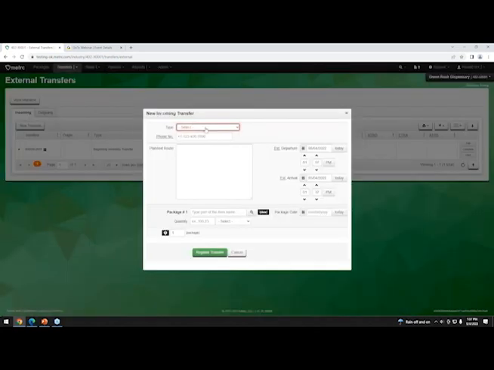Your type's going to be beginning inventory. Phone number, planned route, beginning inventory. It's not coming from anywhere, so I'll just put something there. But in all of our transfers, the planned route field is required, so you do have to put something into that free-form text field. You put your estimated departure, your estimated arrival, and then you would put the item names of the packages that you will be transferring in. So basically just put the package information there, the item name and then the amount.